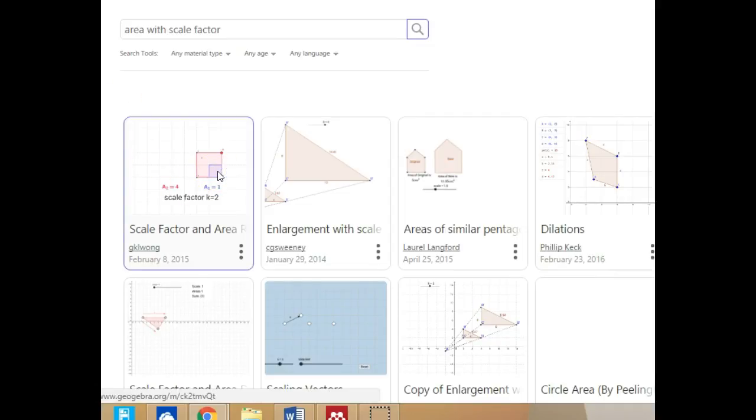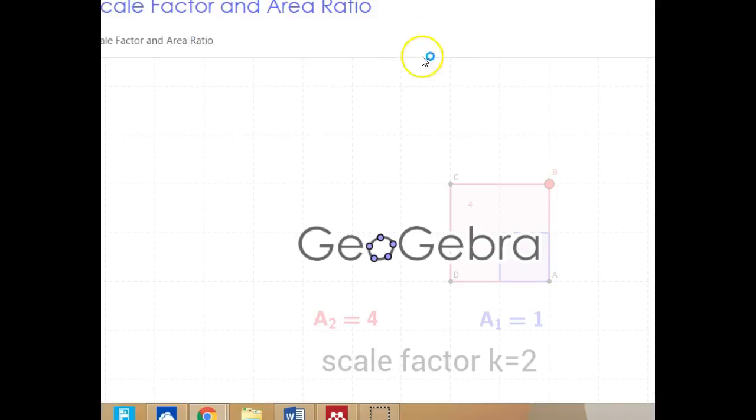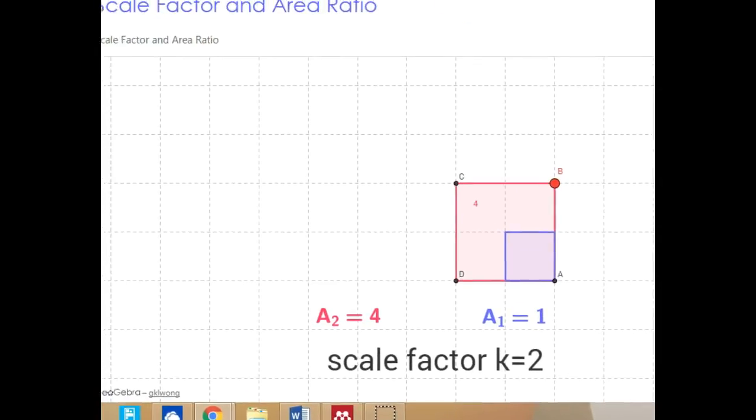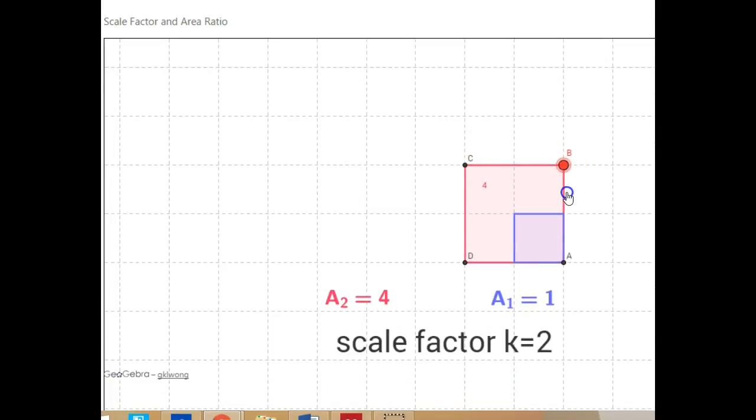I was hoping to find one that you could manipulate a little bit more, but I think that this one gives a good visual for what happens when you are increasing the area of a square. So if we start out at 1 square unit and we want to double it, then it shows how we're